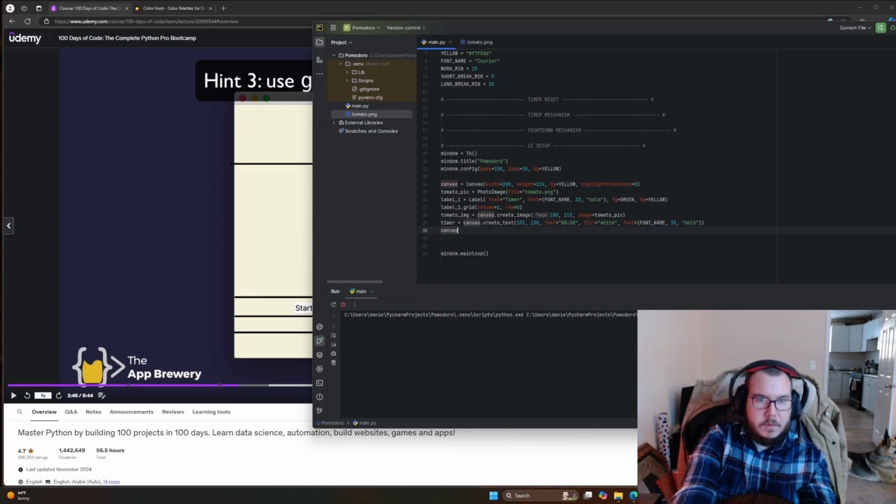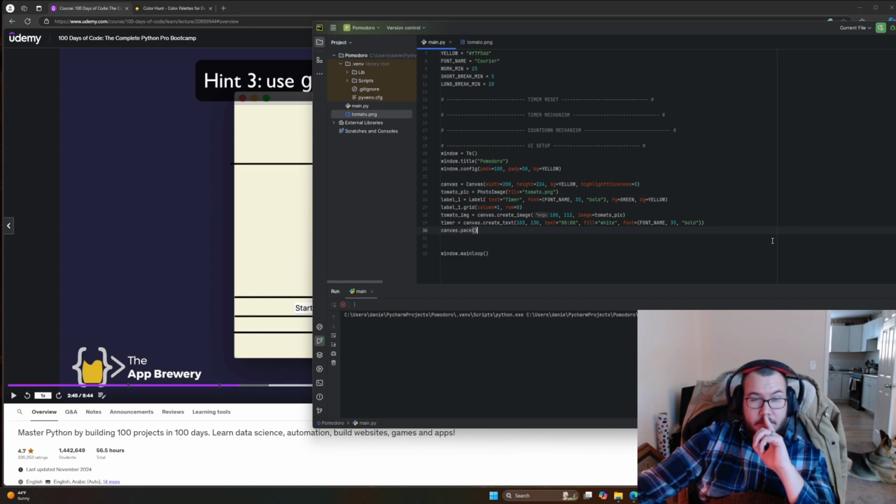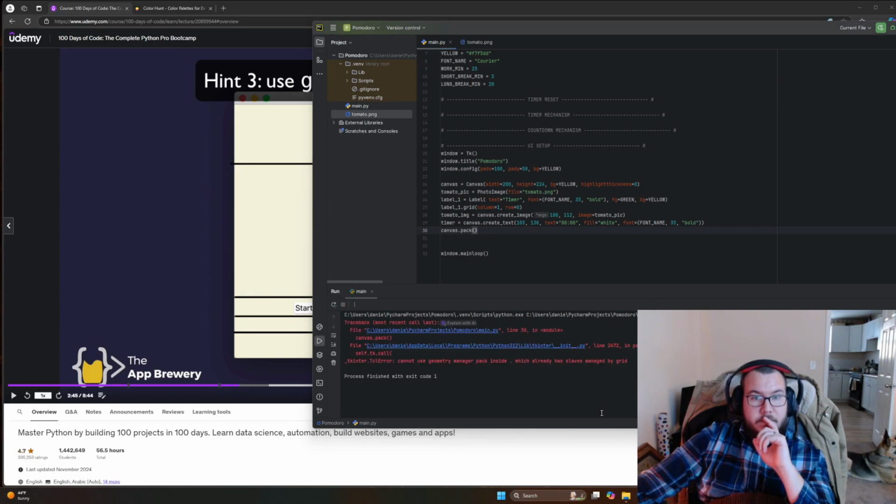Just to see what this does. Yeah, it's not going to let us pack and use grid, so